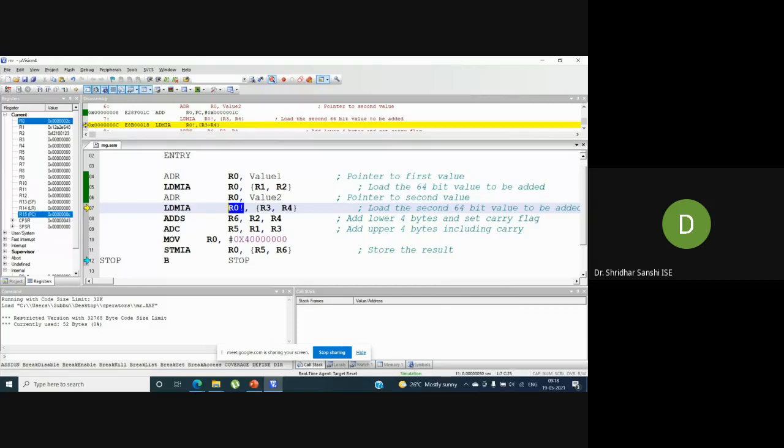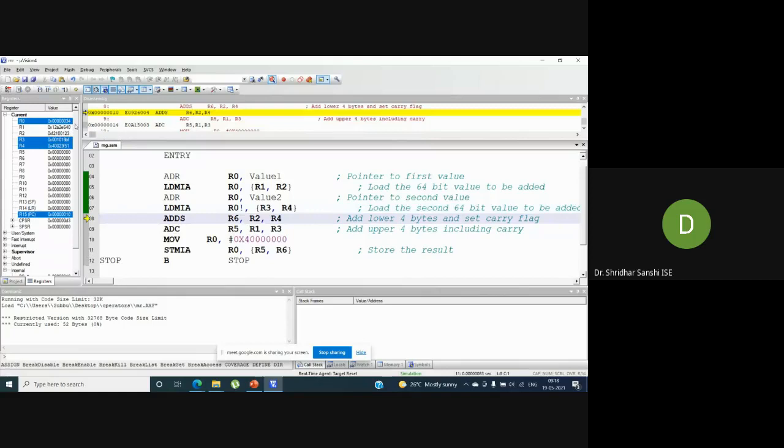So the base register value will be updated after copying these values. You can see that this register value will be changed. Now you can see that the address is pointing to +8. That's what this exclamation symbol means. We are updating the register value. Base address is updated.